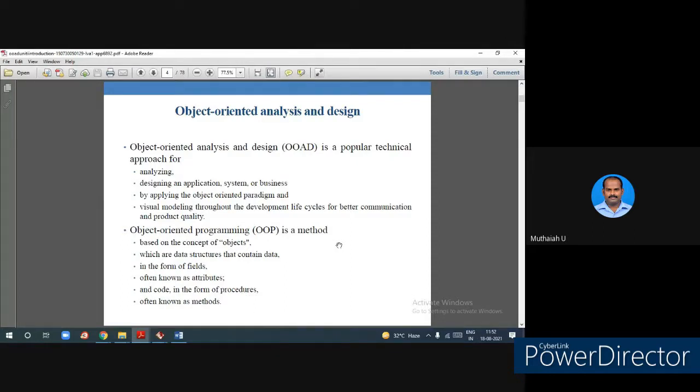And then design. If everything is written in English statements, it's not readable and not easy to understand clearly. So we put it in a diagrammatic, graphical manner. Just draw it in a diagram so that you can understand. That is design. You already practiced very basic concepts, functions and procedures, the very traditional concept. Now we are going with the object-oriented concept. The same analysis and design we are doing with the object-oriented concept. That is our subject.